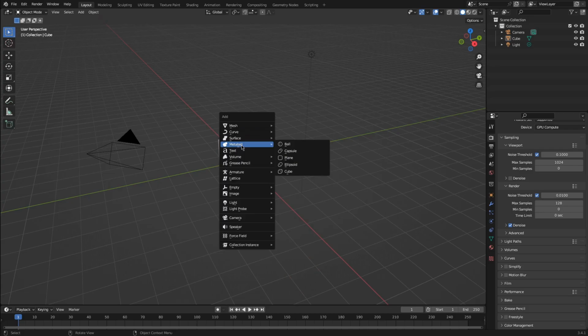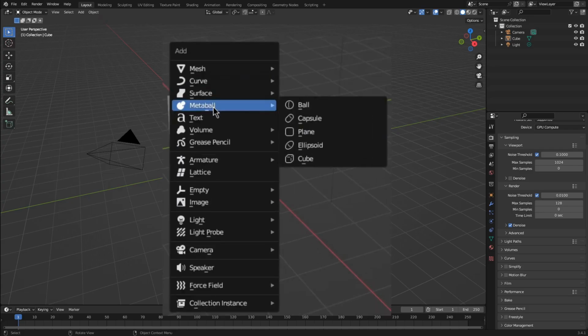Would you believe me if I told you that these two renders use exactly 0 liquid simulations? Well, it is, and I use something called Metaballs. You might have encountered these by accident when opening up the add menu, but I'm going to show you how